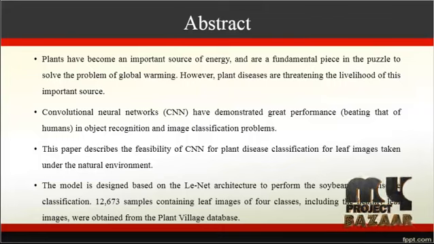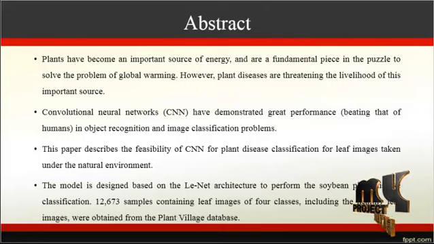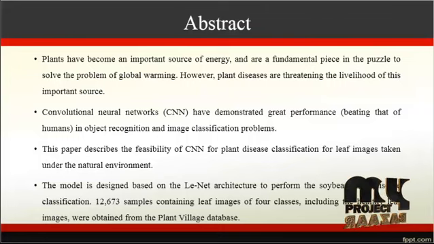In this paper, we describe the feasibility of CNN for plant disease classification for leaf images taken under natural environments. Hence, we use standard datasets for the classification purpose.